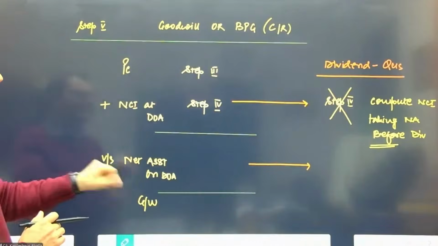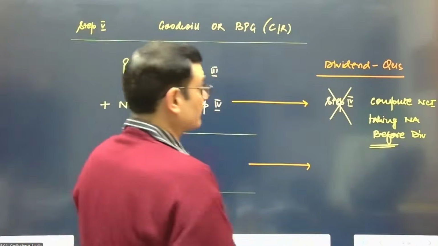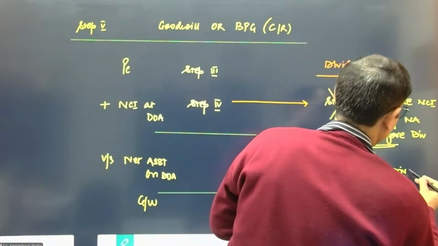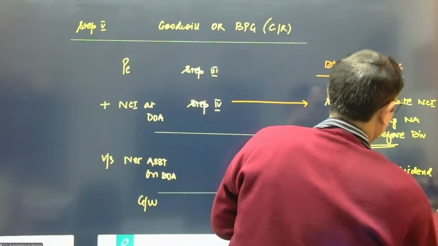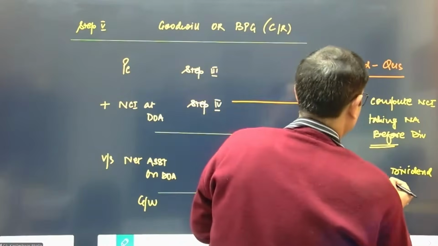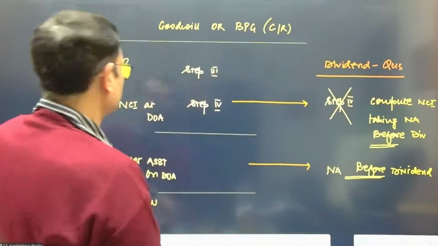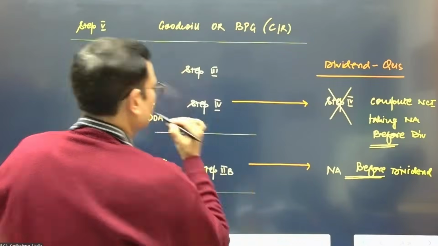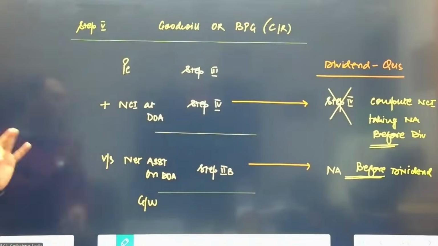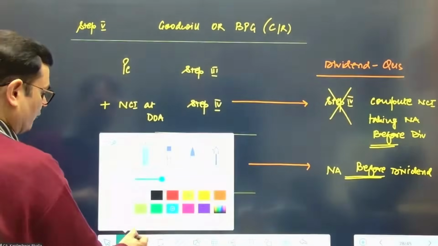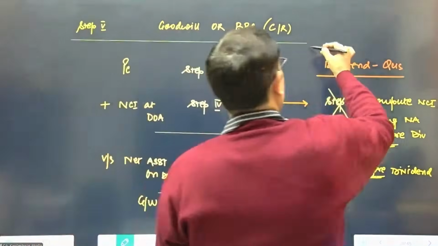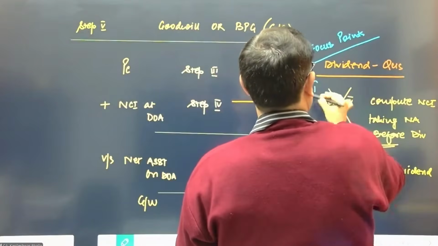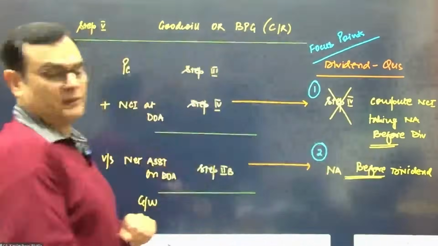And when you take the net assets as well, in this particular case, the net assets will again be what? After or before dividends? Before dividends. Yes, that's right. So we will take this before dividends. So in this particular case, you will get this information from step number 2B, which we have already organized. Okay. So I think the focus points which we need to be very careful on, this is one focus point, this is 2 focus point.